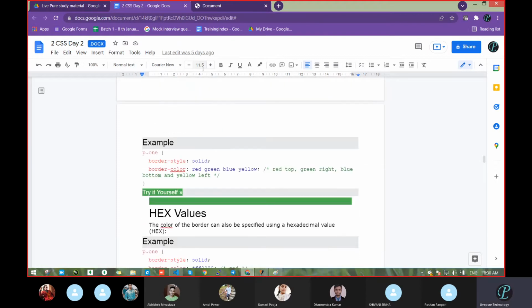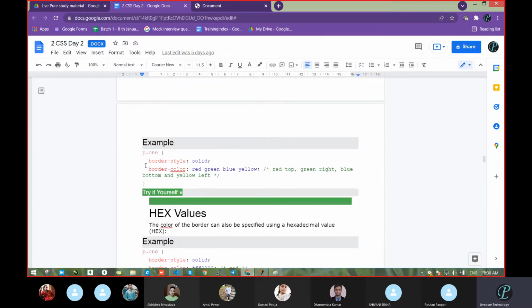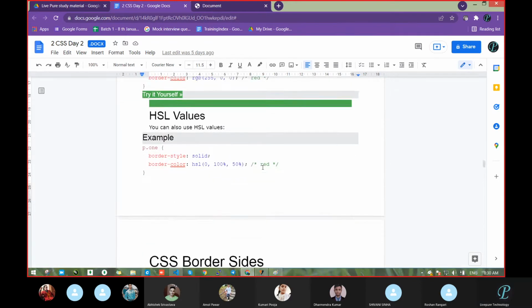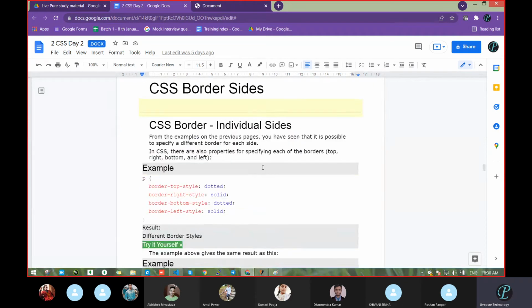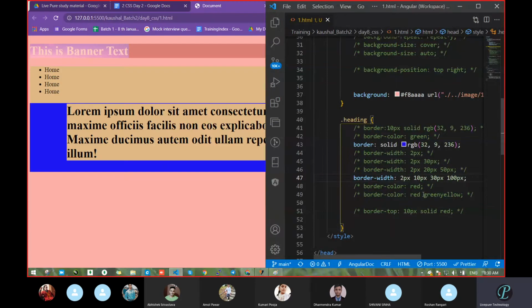And the same thing I had shown for color, specific to a particular side. It works the same way. Border color, just now we saw, works the same type, there will be no changes. Then again the same thing for border style also; we can pass in that way. If you want a different border on a different side, what will you do? Just go with that example.